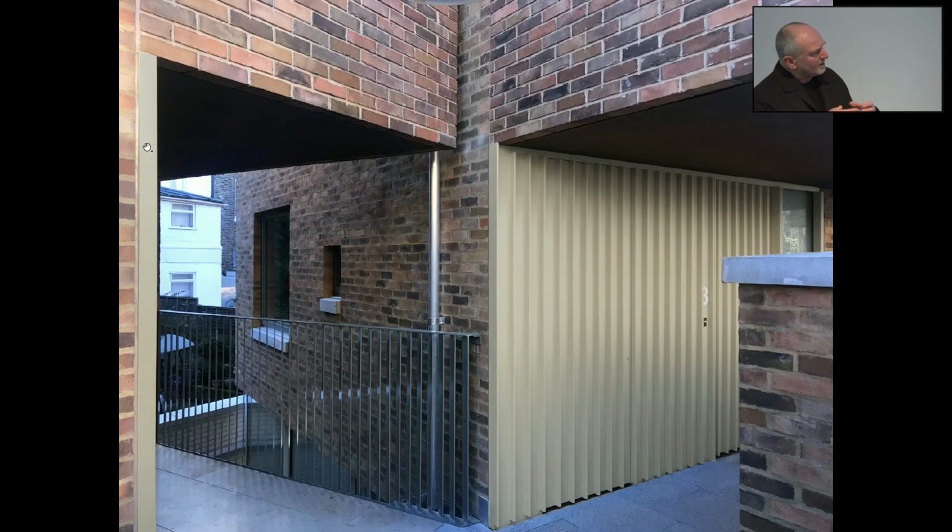But this very difficult site, you can imagine, with views to take care of. The project seeks to, in a way, open up and close up views where it can, where the triangular geometry of the site was distant enough from the adjacent buildings. We could open up because we would have longer views, and where it was closer, in the tightness of the triangle, it would close down and look at itself, and in a way use the